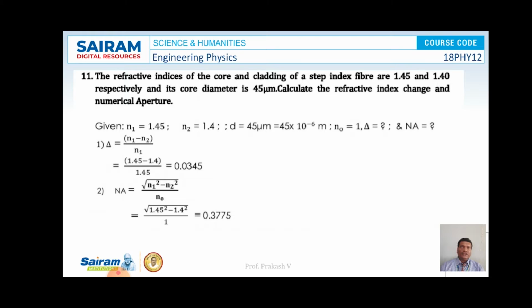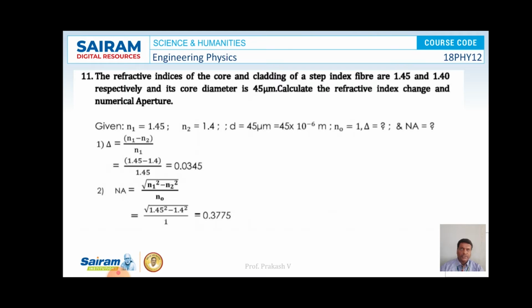The refractive index of the core and cladding of a step index fiber are 1.45 and 1.40 respectively, and its core diameter is 45 micrometer. Calculate the refractive index change delta and numerical aperture of an optical fiber. Given the refractive index of core is 1.45 and that of cladding is 1.4. Diameter of core is 45 micrometer and n0 is equal to 1, then what is the value of delta and